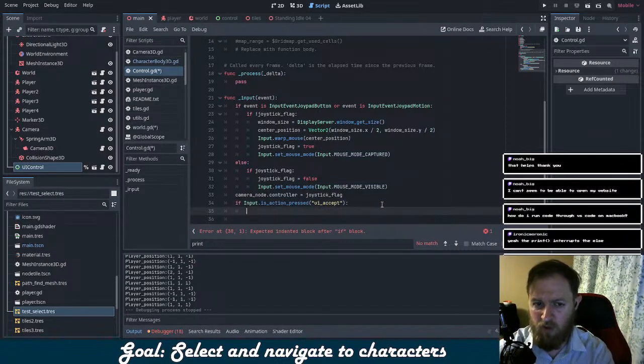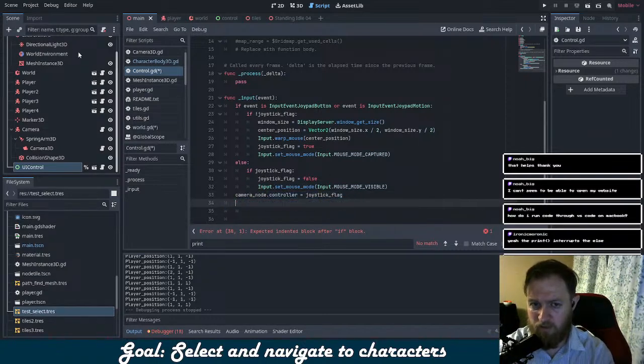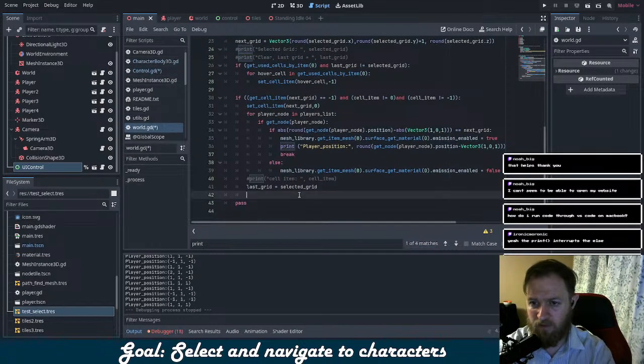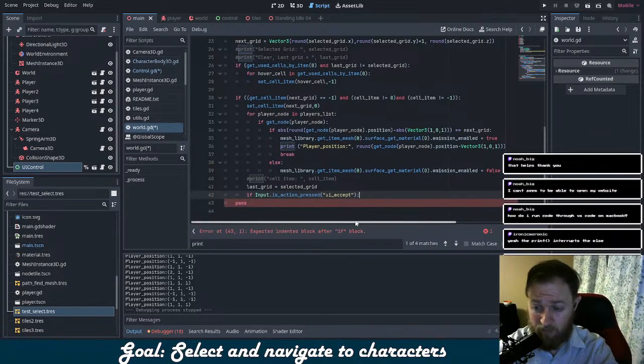And really this should probably be in world, because that's where the action's taking place. That's the scene. So honestly, it probably should be here. So if input is pressed, UI accept,